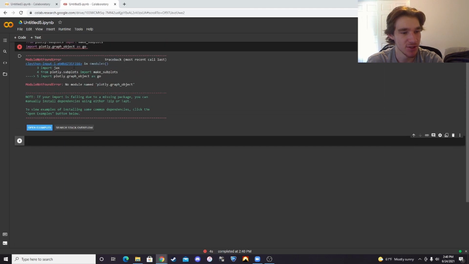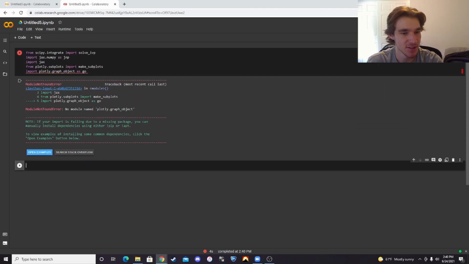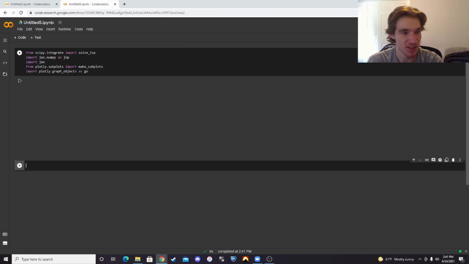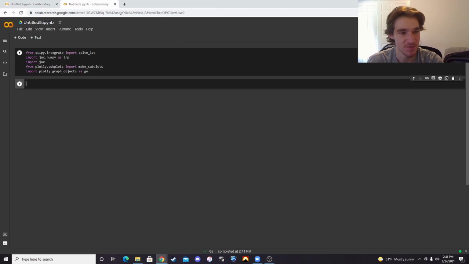And I did do it wrong. Okay, so what I did was I forgot the S on graph objects. And now it works perfectly. So you always want to be making sure that you run your code to make sure there are no typos throughout the whole code. So now that we have our libraries imported, we want to go ahead and start off